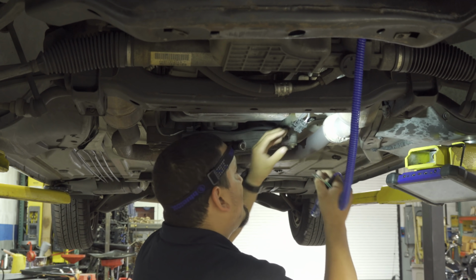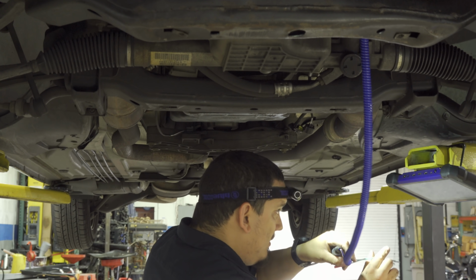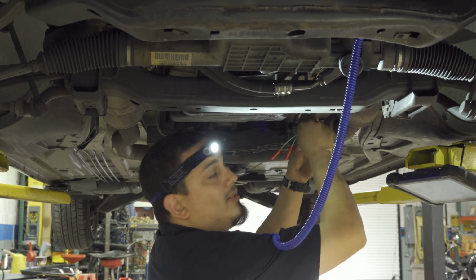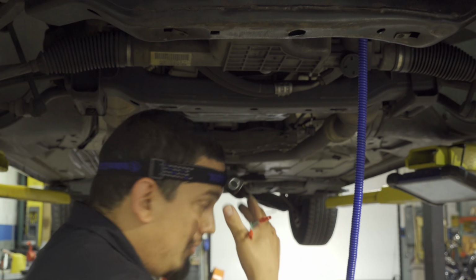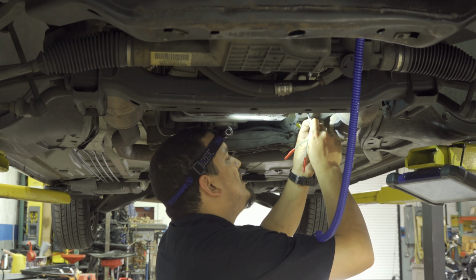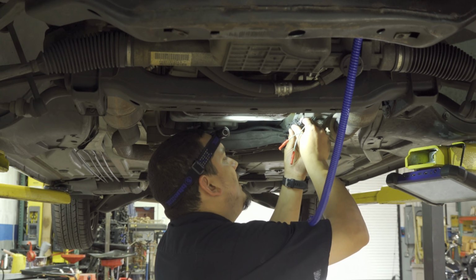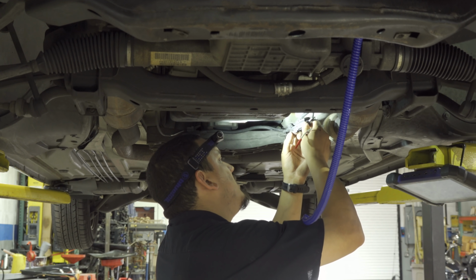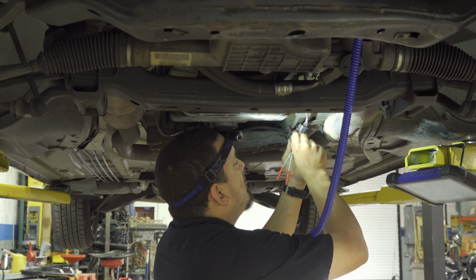disconnect one of these O2 sensors. They're easy to get to. And on the harness side, if you guys can see this, I don't know that you will be able to. Well, instead of going through the whole mission, every narrow band O2 sensor has two same color wires. That's the heater circuit. Those are not the ones we're testing. We don't have any codes for that either. And it also has the two remaining wires. They will be different colors. So in our case, I already found my two different colored wires,